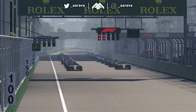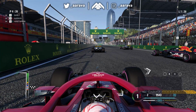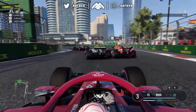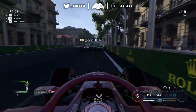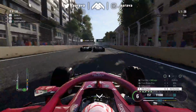But here we go then to 5 red lights. So round number 4 of Season 8, the Azerbaijan Grand Prix here in Baku. 5 red lights are out and we're underway. It's a bit of a shaky start from Hamilton there right ahead of us. A lot of wheel spin. Gasly round his outside. We're to the inside of Verstappen there, as we have to do a little bit of defensive driving and take it nice and easy and cautiously as Gasly and Hamilton are the ones doing battle. And Hamilton with a lock up there as Gasly makes contact with our fellow Brit,